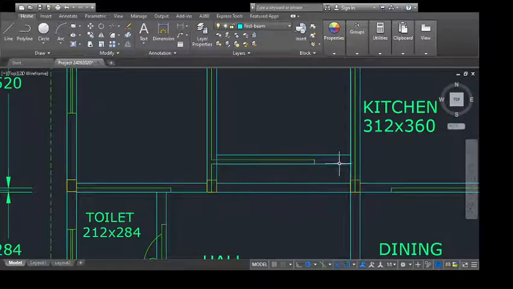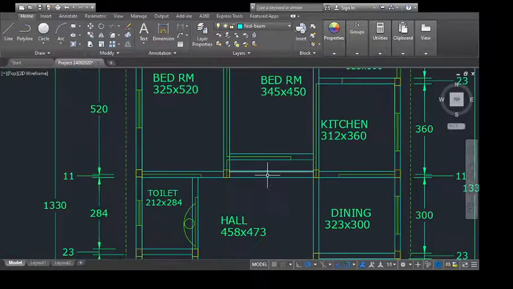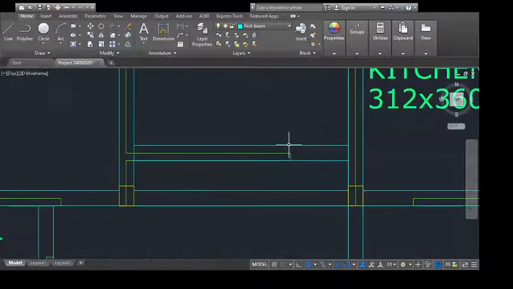Now look at this. I feel these 2 beams are coming too close to one another. There is one beam here, there is one beam here. Now the placement of the bedroom beam, this beam is nice because the beam has been placed in this direction. The beam offset from the wall will be seen only inside. The beam will be projecting only inside. It will not be projecting outside.